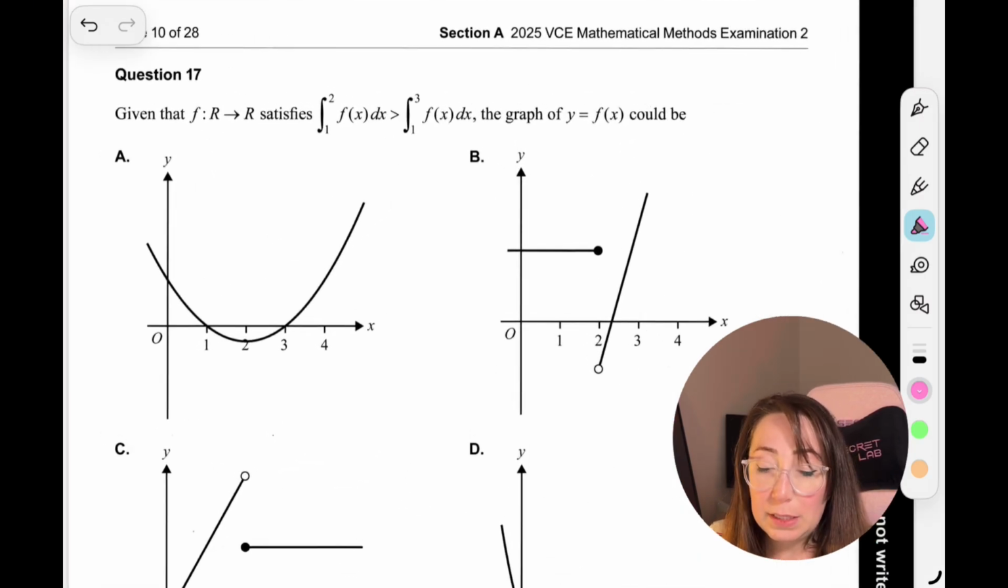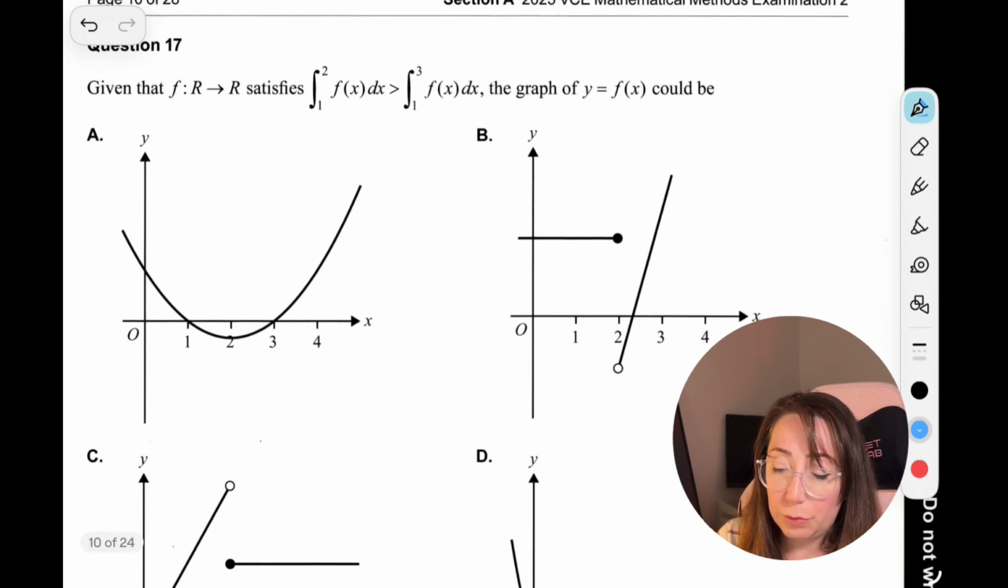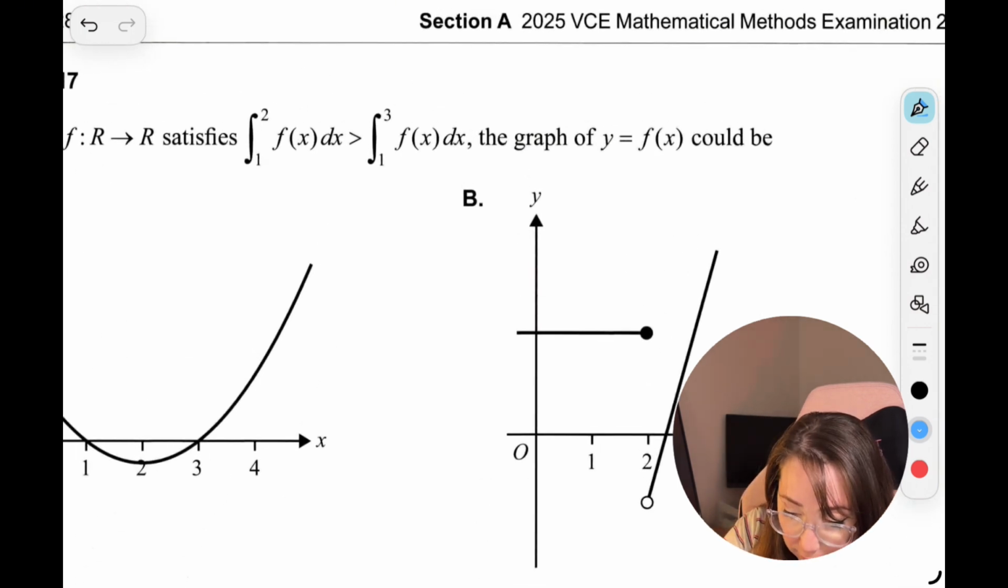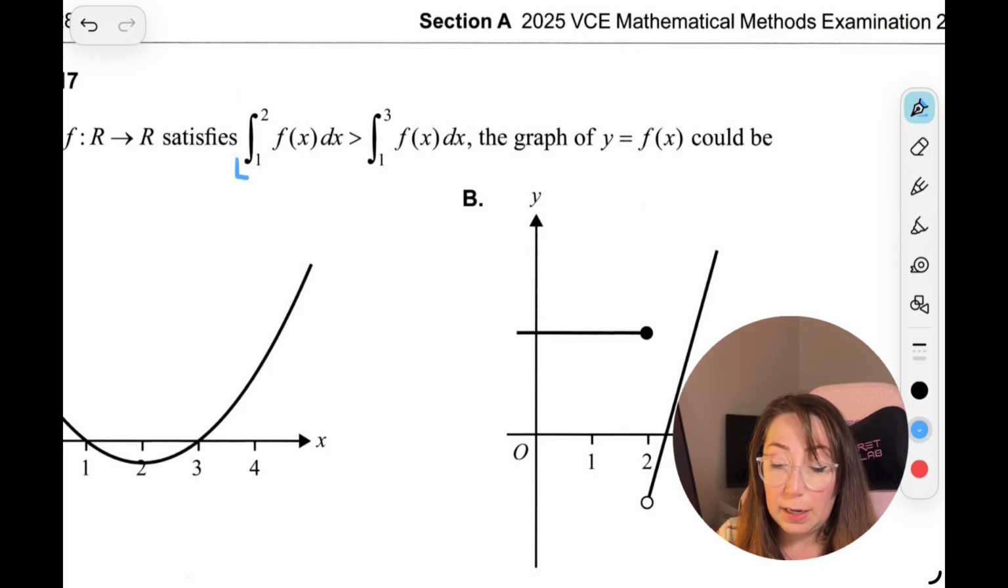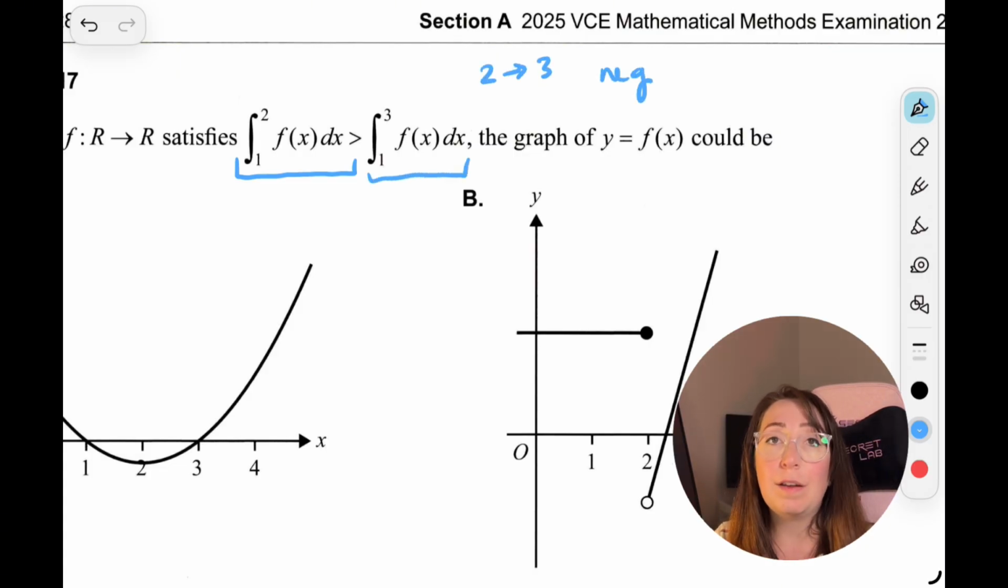All right, question 17, which one of these is going to satisfy those particular integrals? So what is that saying? It's saying that the integral value, rather than the area, because the area is when we usually do the signed area plus minus, we're finding the integral value between 1 and 2 needs to be greater than 1 and 3. So what that indicates to me is that between 2 and 3, there needs to be some negative area to take away from the overall